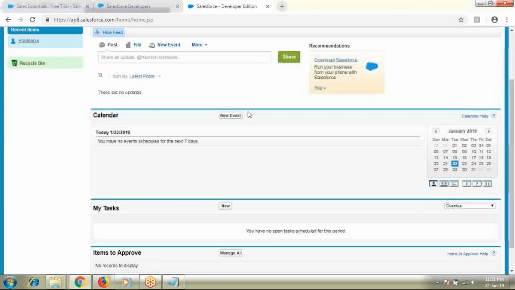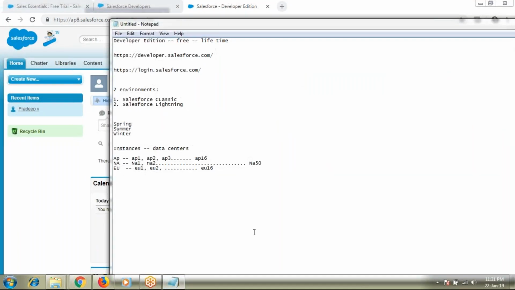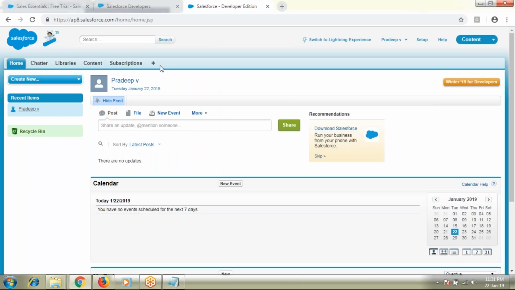Okay. So next, moving on to the next concept. Salesforce has standard things and custom things. When I say standard, it means whatever you get by default. Whenever I register to the Salesforce application, whatever I get by default, those are all the standard things. Once I go to the application, here I can see on the topmost,